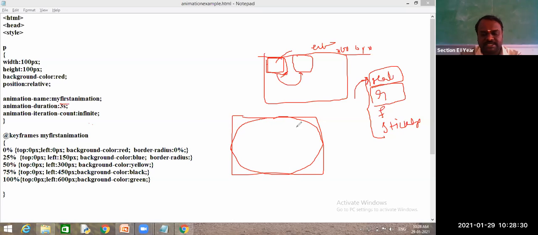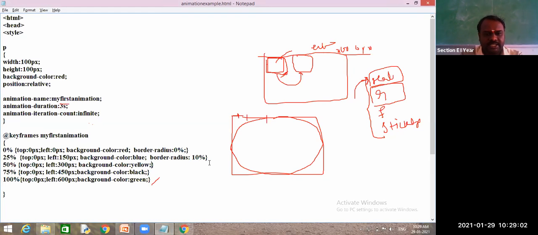Right now it is not a circle, it is an ellipse, but if you write it properly, you will get a circle. So first I want this much distance of circle, meaning border radius to be reduced. Next this part, next 50%. At 100 position, if you make it 50%, then it will become the exact circle. Now let us check. First 0%. Next I will change it to 10%.